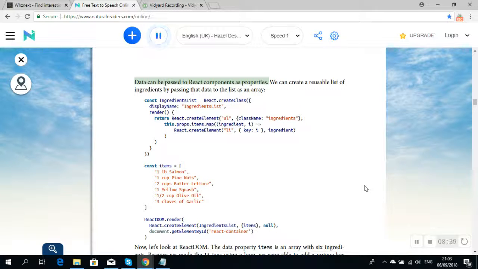Data can be passed to React components as properties. We can create a reusable list of ingredients by passing that data to the list as an array. const IngredientsList = React.createClass, displayName: "IngredientsList", render, return React.createElement ul, className "ingredients",